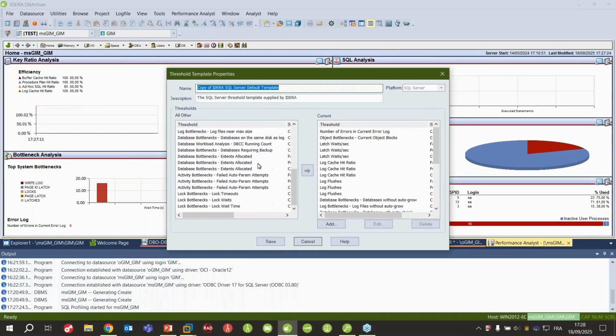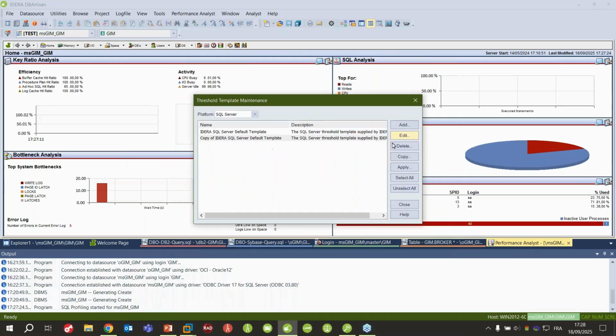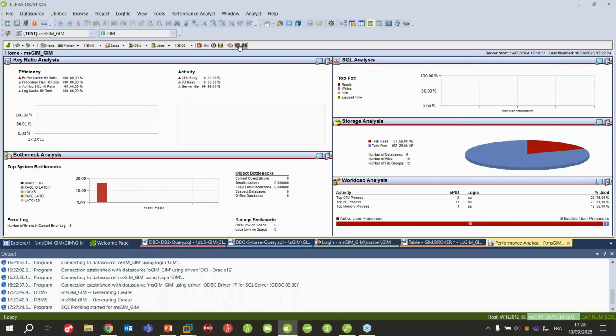For example, I have some bottleneck. I can define these different rules from here. This is the one that I have selected. And when something is happening, can I expand it? No, I have to scroll. So this is the rule, the threshold I have defined, so I can raise some specific alerts. When it is this one, it will be positive, and I will raise a critical alert for these specific values, and so on. So you create your rules and thresholds to be used, and then you will have your alerts directly available.